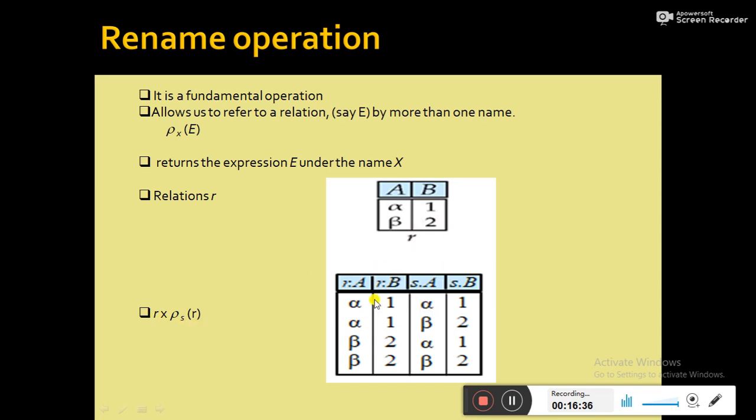So this is the temporary relation. Why are there A and B twice here? Because R and S have the same attributes A and B, so we have to use the naming convention. We have to mention the name of the relation. So this A is from R, this B is from R, and this A is from S, this B is from S. So before performing the Cartesian product with the same relation, you have to rename the relation with some other name. So it is R, then in the second relation R is renamed as S, as if we are performing the Cartesian product between R and S.